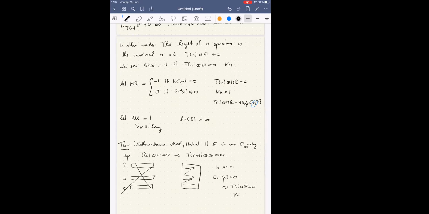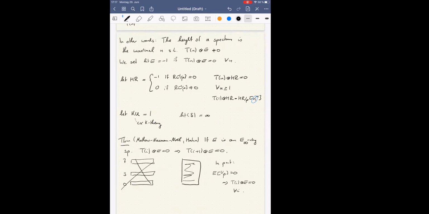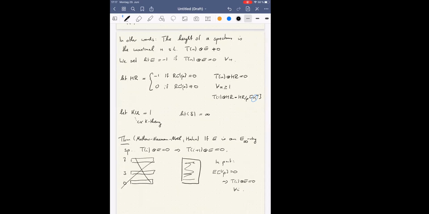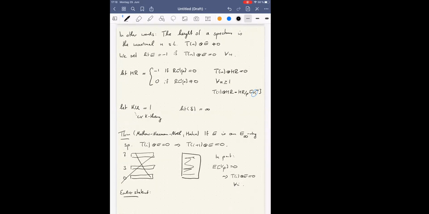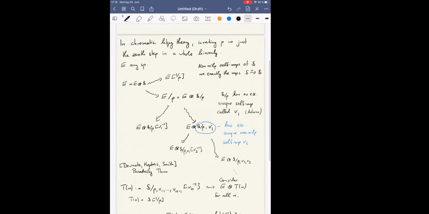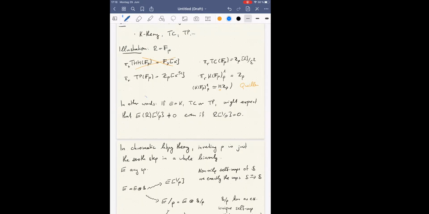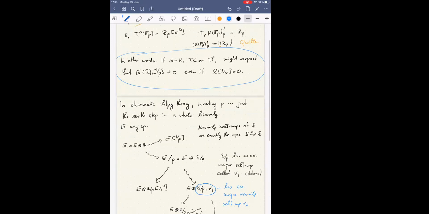Okay. So note, I did not say this, that I secretly always fix the prime P here. And these spectra Ti only make sense if we fix the prime P. So this is what I want to say about height in general. And in particular, the earlier statement, the one which I mentioned a while ago, can now be rephrased as